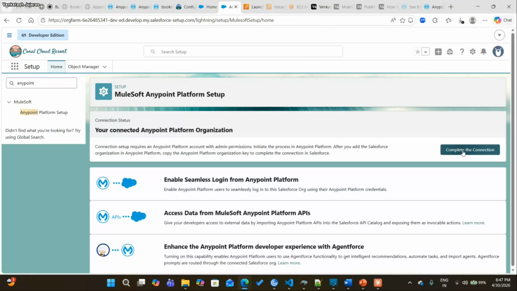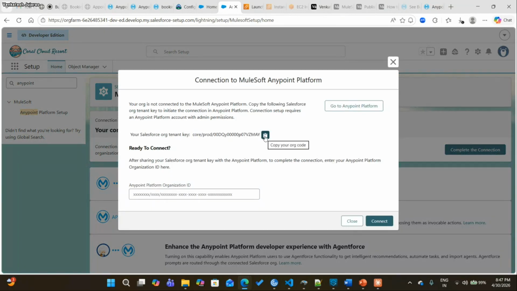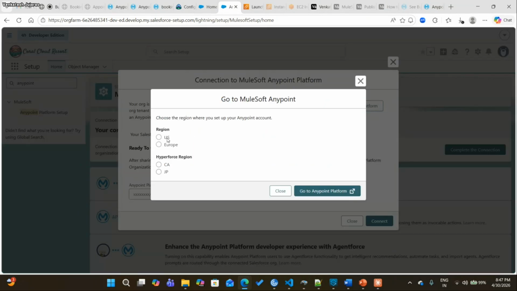So click on Complete the Connection. This is your key. You need to copy the Salesforce org tenant key. With the help of the Salesforce org tenant key and the Anypoint Platform key, we are going to synchronize our Salesforce and MuleSoft Anypoint Platform. It's very straightforward. I'll click on Go to Anypoint Platform, choose the US region, and it will route to